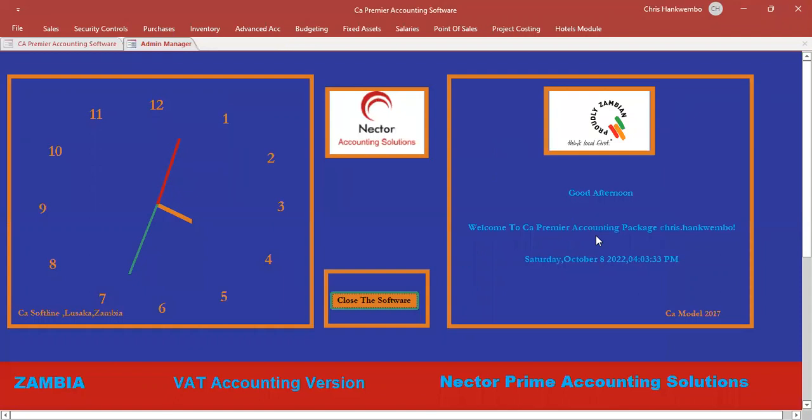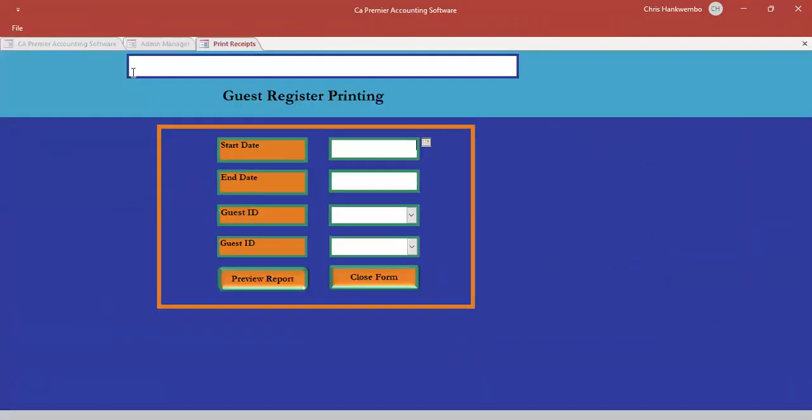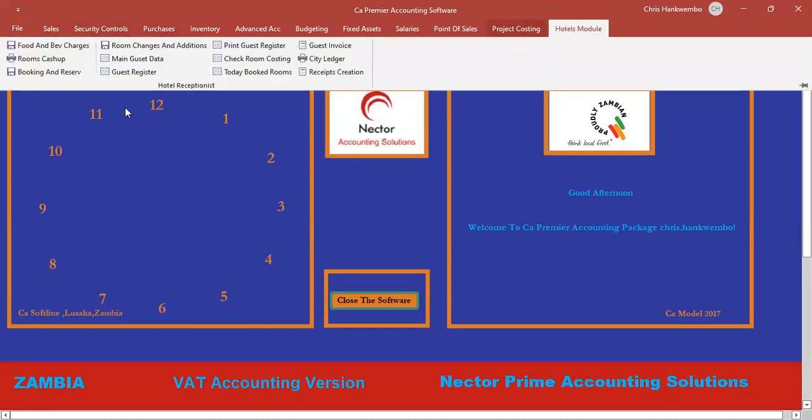That's it. So for those who are dealing with hotels, that one is a very, very good thing. You have the guest ledger here. The guest ledger shows you who your client is there, when they came, things like that. You have a form that will be generated automatically here. But before that form is generated, you first need to capture information. You capture the information of